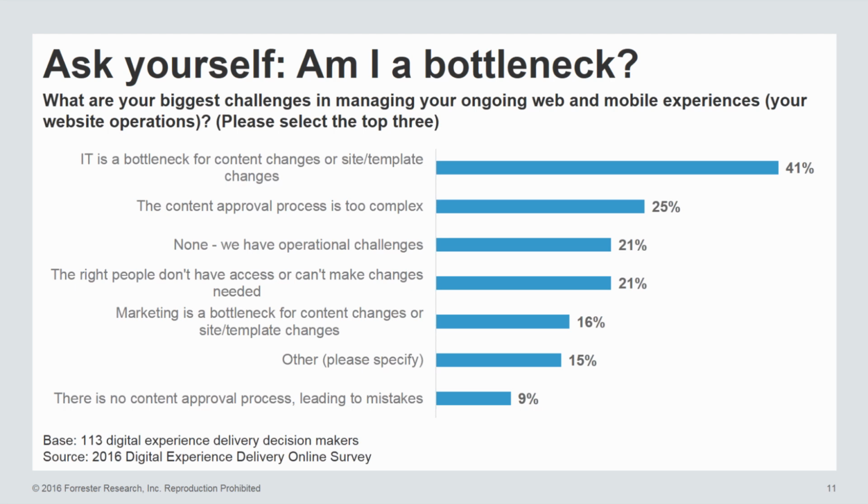And the biggest challenge, at 41%, which is out in front of the next option, is that IT is the bottleneck for content changes or template changes. You simply can't move fast enough to meet the customer's needs, even though you know what you need to change.